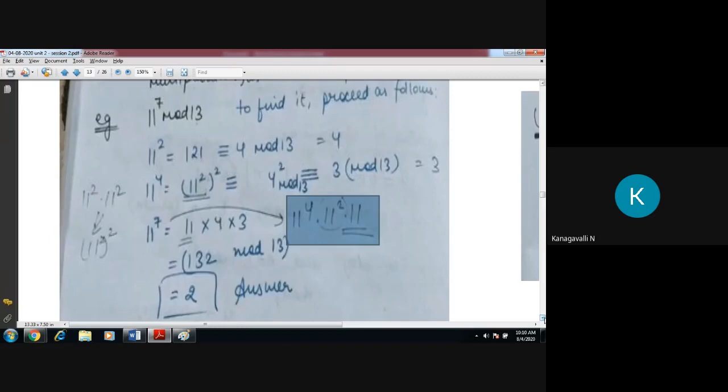Please write or take a picture of this sum, right? Maybe if you didn't understand this time, just try by yourself. Any doubt in this sum? Any doubt? Sure, there is no doubt in the sum. Right.